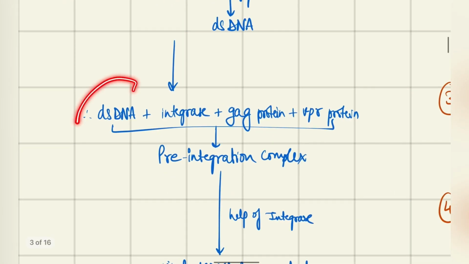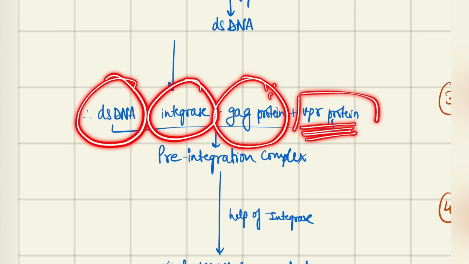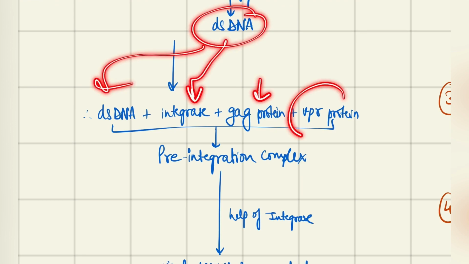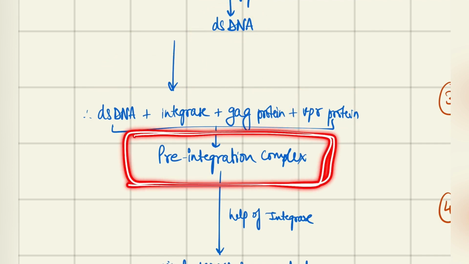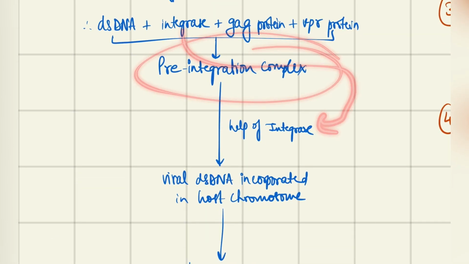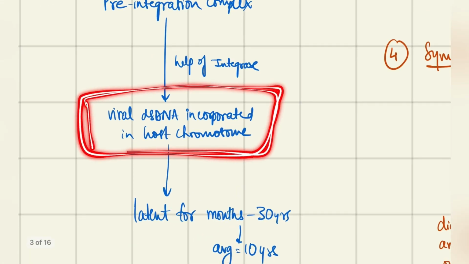Now, what is left? The double-stranded DNA, the integrase, the GAG protein, and at the same time an accessory VPR protein. Remember I mentioned accessory proteins? This is the VPR protein. So the dsDNA which was formed, the integrase which came on the infection, the GAG protein and the VPR protein, together they form the pre-integration complex. The pre-integration complex. And now this pre-integration complex, with the help of this integrase, will get incorporated into the host